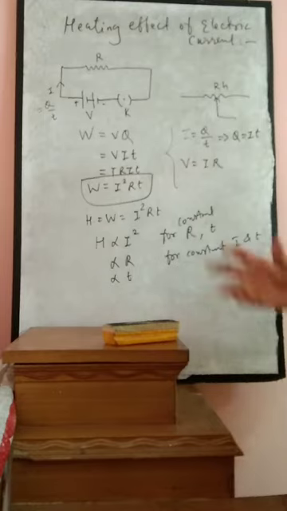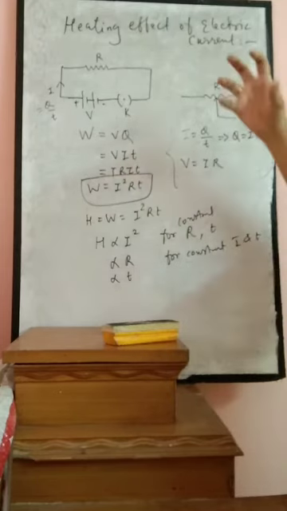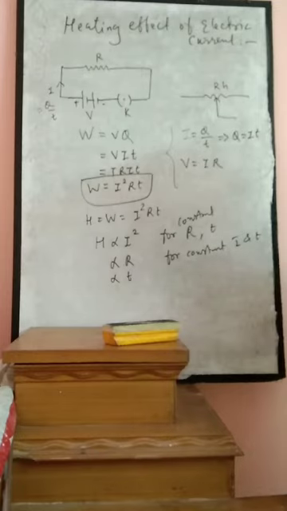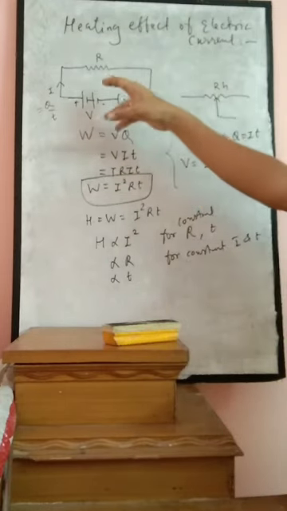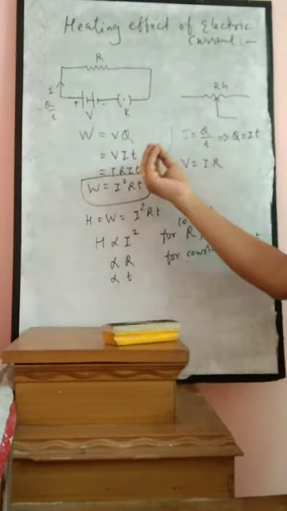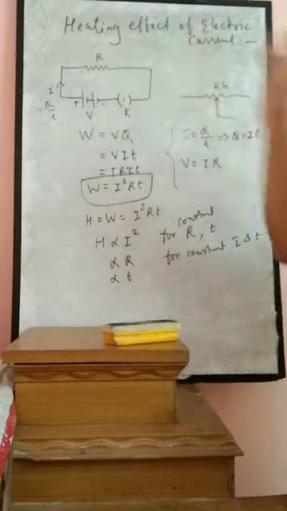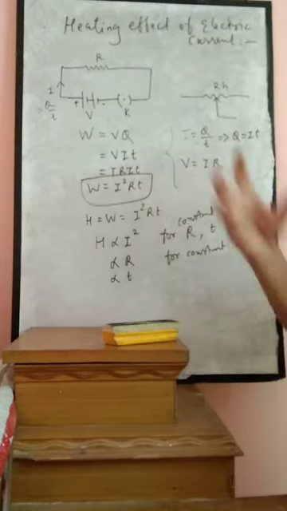One more thing I want to explain to you is how you can understand this heating effect of electric current. The best example is a filament bulb. After putting the switch on, a few seconds later, if you touch it, you will find heat. So that heat is produced. Why? Because the filament has resistance, and due to that resistance, some amount of energy which is carried by the charged particle gets dissipated, and due to that we can experience heat. So actually this heat is unwanted heat, a loss of energy only.